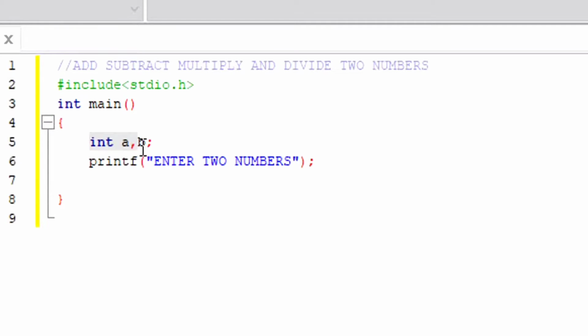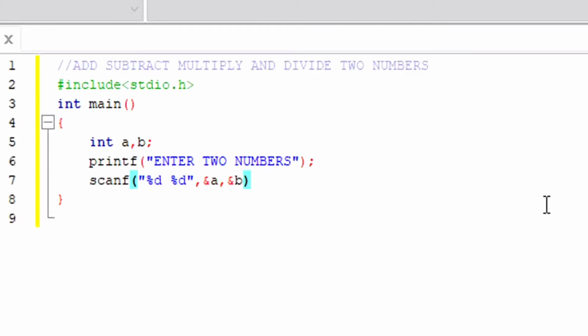The variable declaration is done here because there is no previous value, since we are going to ask it from the user. So scanf will take the values which the user will enter. Since these values are going to be integers, so %d, and since two numbers, so %d two times. The first %d will hold the value of variable a and the second %d will hold the value of variable b.